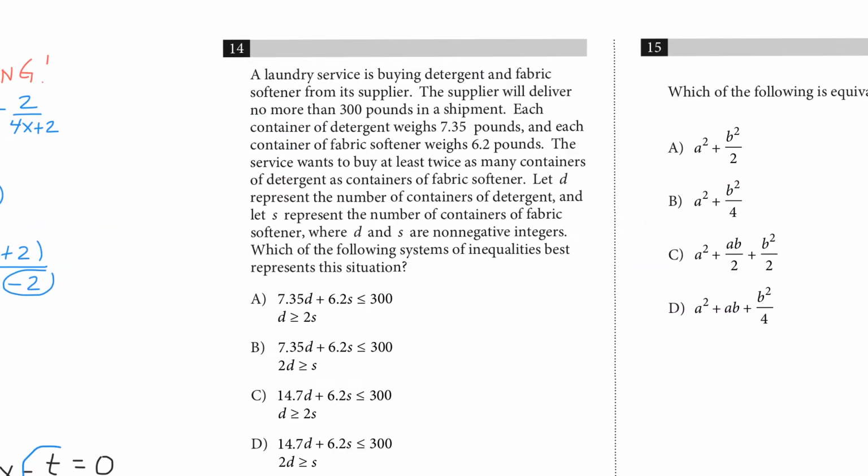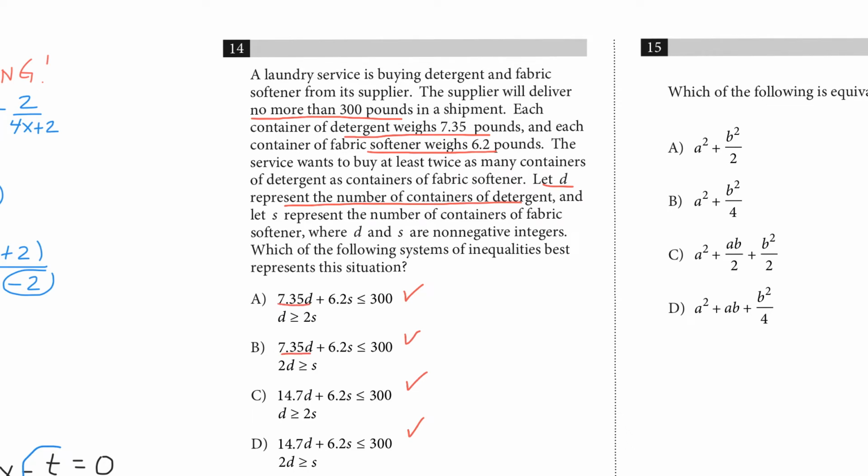Okay, number 14, a laundry service is buying detergent and fabric softener from its supplier. And so it looks like we have a system of inequalities here, and the supplier will deliver no more than 300 pounds. So we're looking for less than or equal to 300 pounds, and they all have that. And each detergent weighs 7.35 pounds, and each fabric softener is 6.2. So 7.35 times D is going to be the number of containers of detergent. So we need 7.35 D,